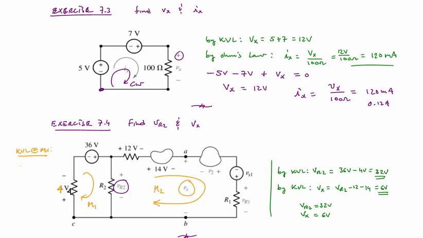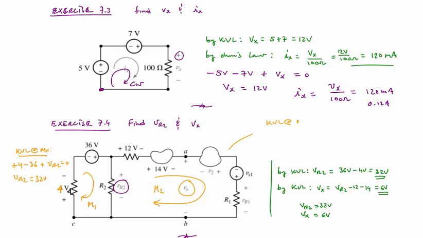Start in the bottom left-hand corner, I get plus 4. Then I encounter the minus sign of the 36-volt source, and then I encounter the positive sign of VR2. That's equal to 0. That tells me VR2 is equal to 36 minus 4, or 32 volts. Okay, now we can do KVL